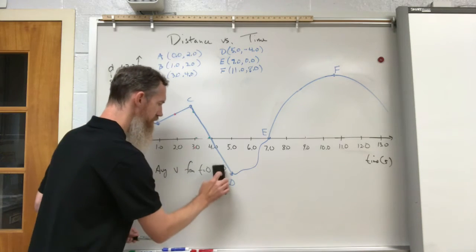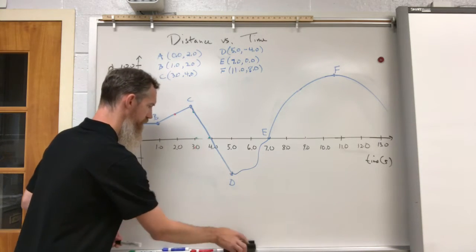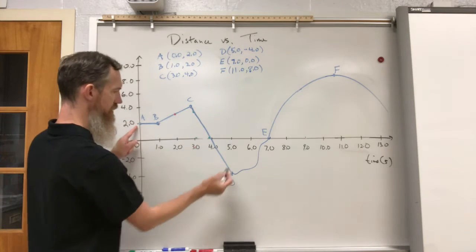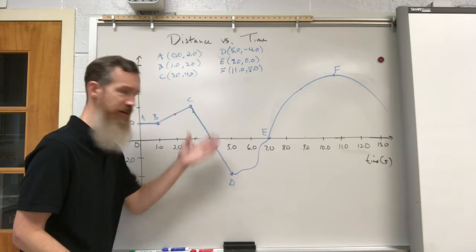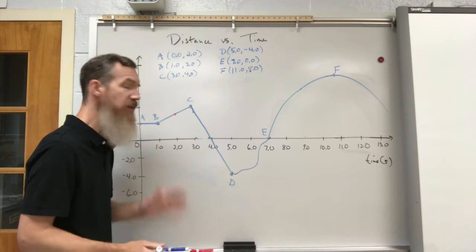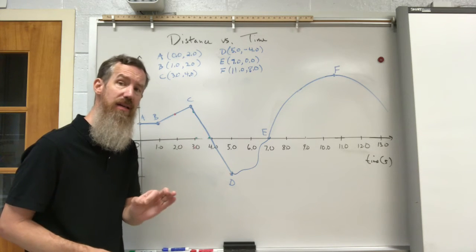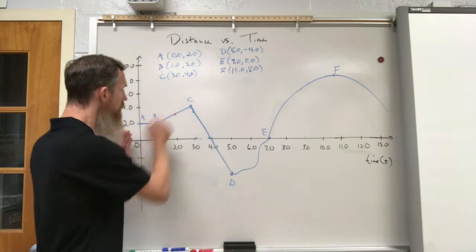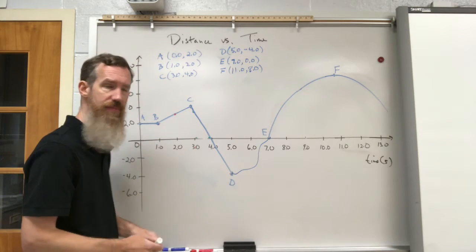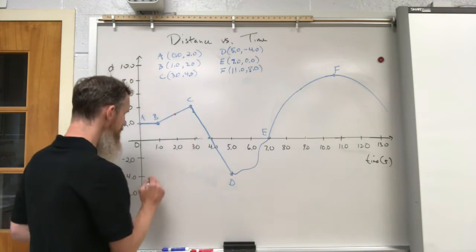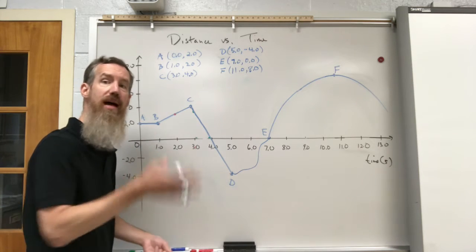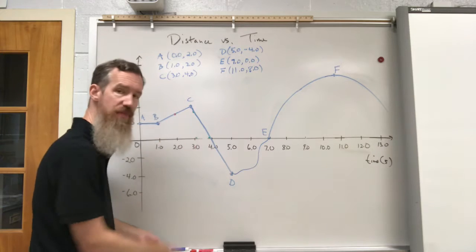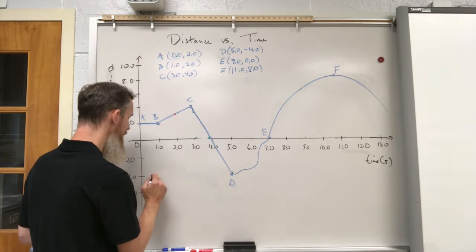Well, you'll notice from 0 to 5 seconds, which is from here to here, there is no one line. It's a bunch of lines, a bunch of different parts of motion. But you can still find the average velocity between those times, even though this does some crazy stuff, because the definition of average velocity, again, is just change in distance over change in time. Final minus initial. Yes, there was all kinds of stuff going on in between, but average velocity